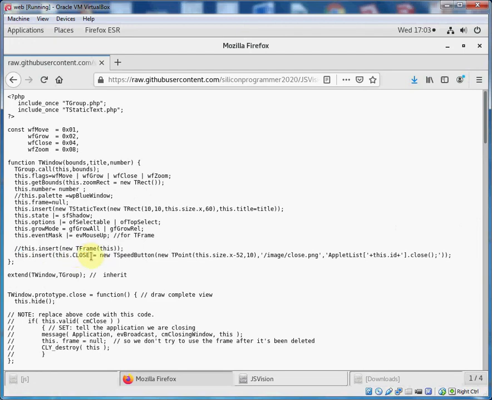Right now, the only thing I've implemented is a little close icon. I did that by adding a speed button at the top right corner of the window with a little X for you to click on it and close the window. Well, when you click on the X,